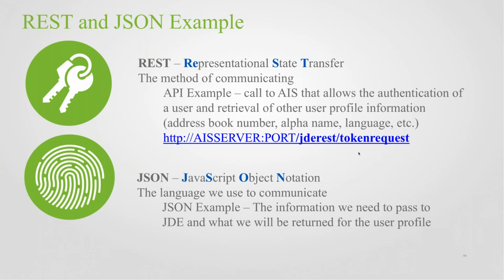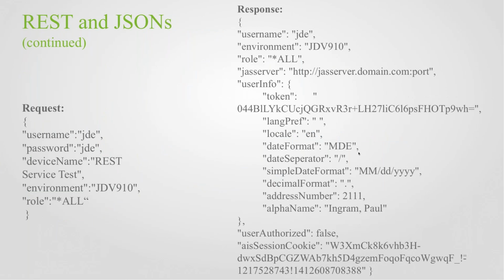So with that basic understanding, we can take it a step further, and we can talk a little bit more in depth about what's going on and relate it back specifically to JD Edwards. So in this example here, we have a REST communication comprised of a request coming from a device and a response coming back from the AIS server after it's spoken to JD